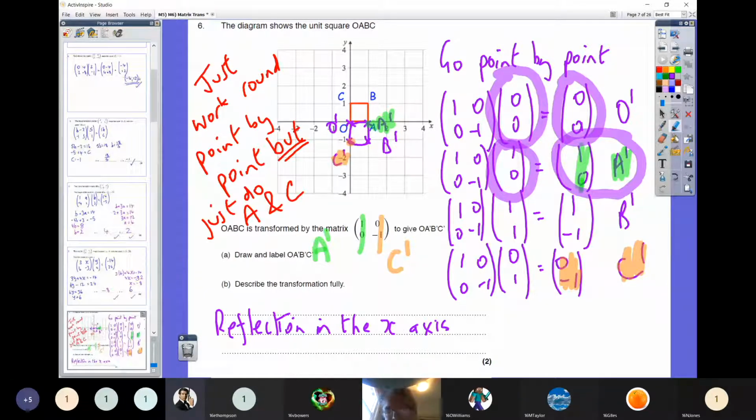So just by looking at it, you can basically say, well, that's where A dash goes to. So I didn't really need to do that workings on the right hand side that I've just done in green, because I can just look at the matrix and see that that maps to 1, 0. And similarly, I didn't really need to do the fourth column, working out where C maps to C dash, because that is